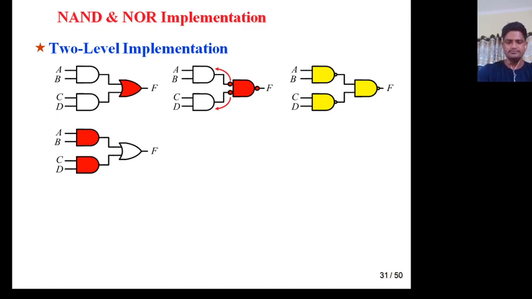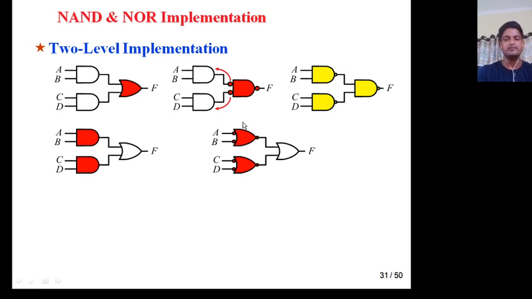And suppose you have to implement by NOR gates. Always remember, in this case, what do we require? The AND term. You can ask one question: why are we replacing this one? Because while implementing by using NAND gates, we require an AND term, not a plus term. So this is a plus term, and you are replacing it by an AND term by applying the suitable De Morgan's theorem.